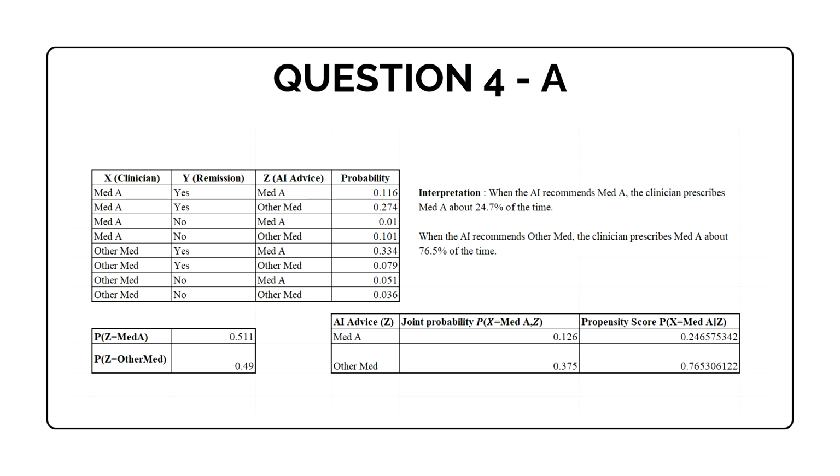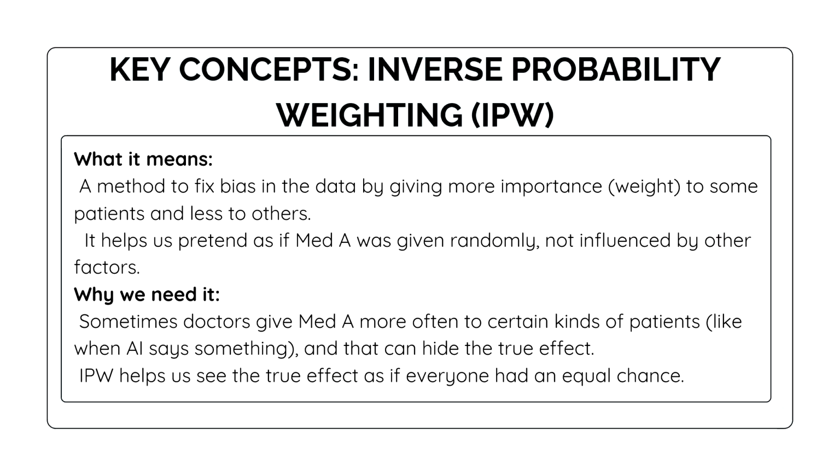This shows that the clinician often do not follow AI's recommendation. Even when AI suggests another medicine, the clinician still chooses to prescribe Med A. This slide explains what inverse probability weighing, or IPW, means and when we use it. IPW is a method we use to correct bias in our data. It works by giving more importance or weight to some patients and less to others. By doing this, let us pretend that Med A was given randomly without having any influence by anything like AI